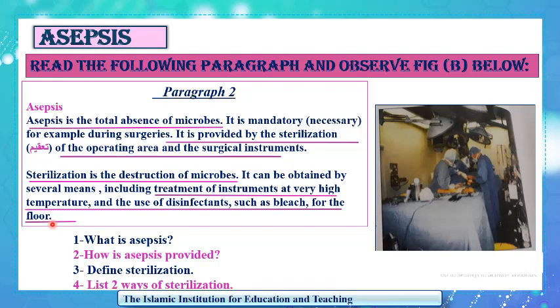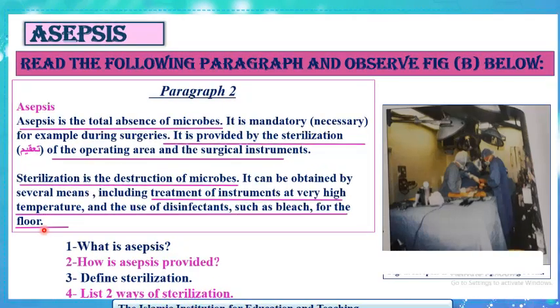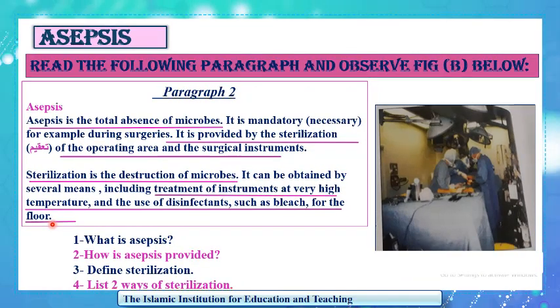Sterilization is provided by treatment of instruments at very high temperature and the use of disinfectants such as bleach for the floor. So asepsis, which is the total absence of microbes, is needed in the operating room and for the surgical instruments. Asepsis is provided by sterilization, which is the destruction of microbes. Microbes can be destroyed either by treatment of instruments at very high temperature or the use of disinfectants such as